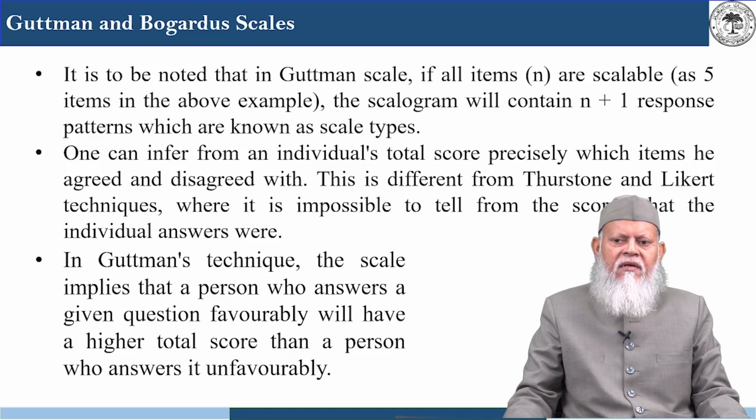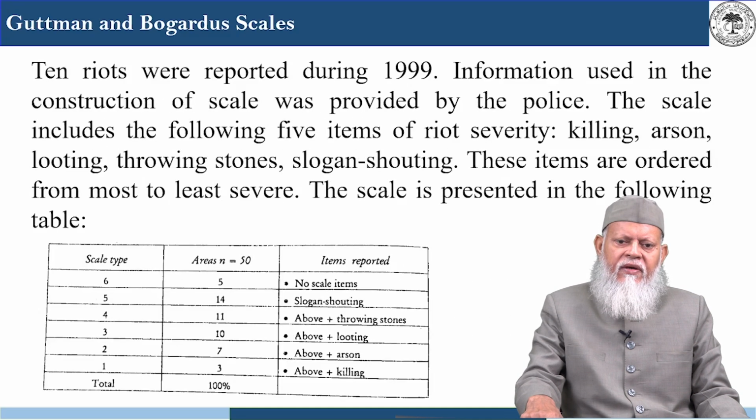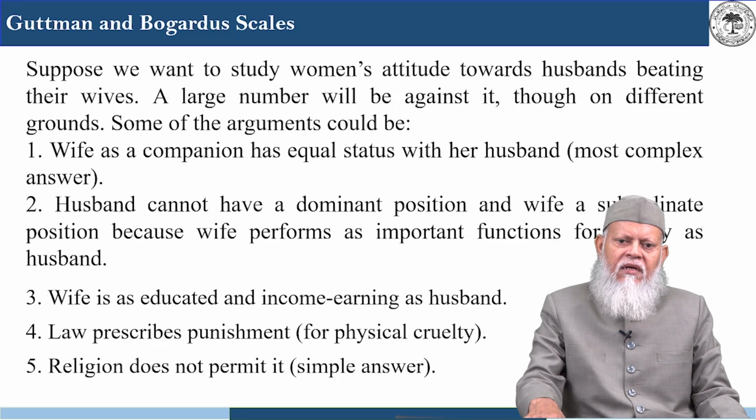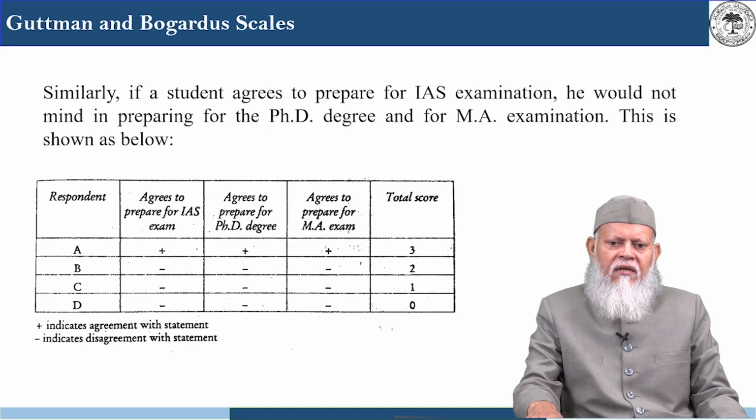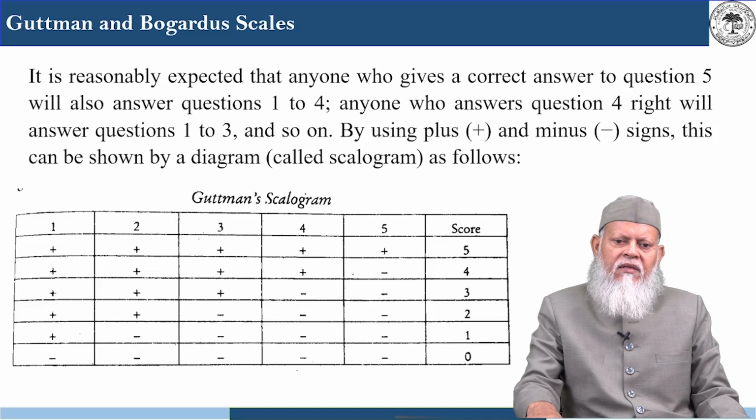We have seen that we had 5 items, and there are 6 scale types, and even in the other example also we have 4, whereas in the Guttman scaleogram also we have 6